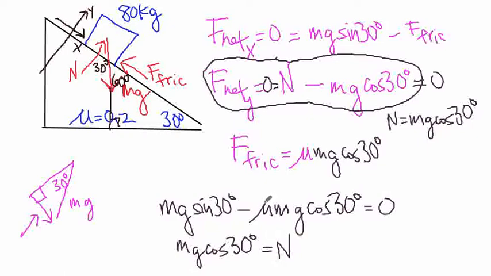That's another possibility. Looking at the first equation, we could cancel out the m's, and now we could also cancel out the g. So then mu is equal to, apparently in this example, tangent of 30,